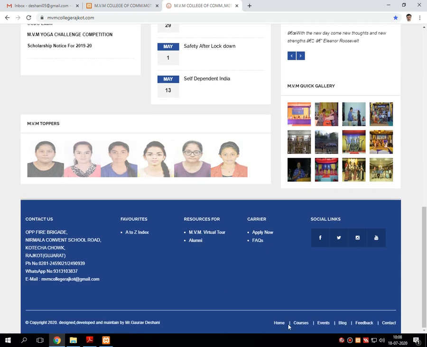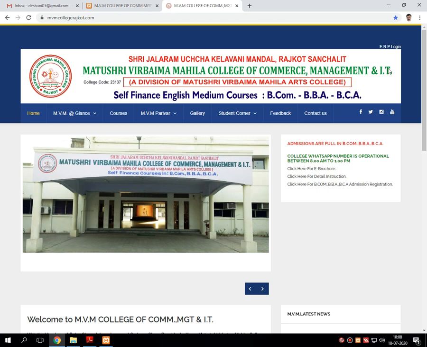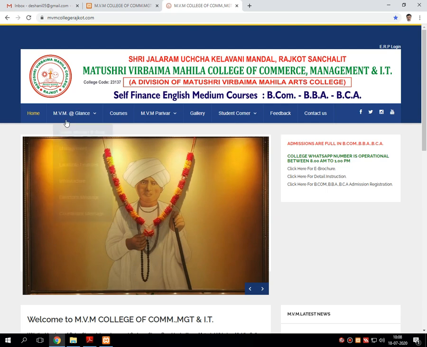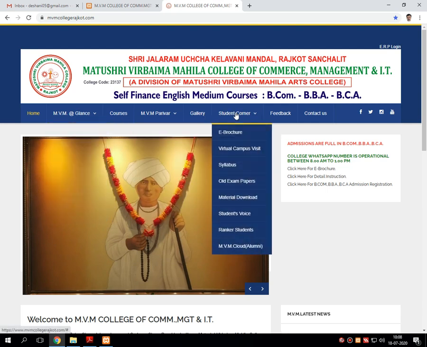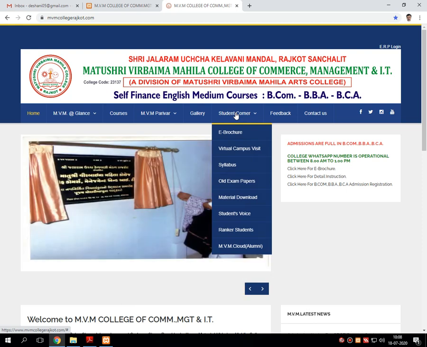and a footer which contains the quick links, as well as the header which contains the drop down menus. Each and every drop down menu has a different selection for a different purpose.